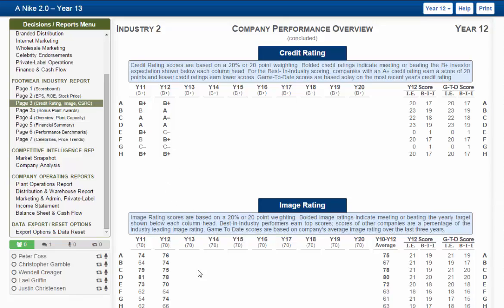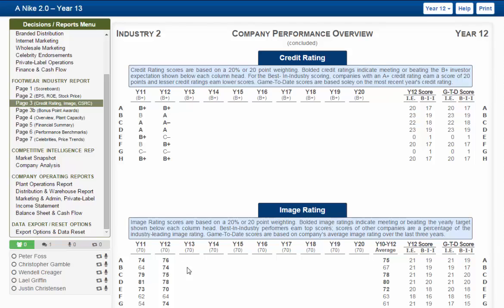And the final scoring variable, the image rating, and the image rating is a measure of each team's image in the global marketplace on a scale of 0 to 100. And the image rating is a function of each company's market share, quality of athletic footwear, and efforts in corporate social responsibility and citizenship. So the Footwear Industry Report is a 7-page financial summary of the performance of each team